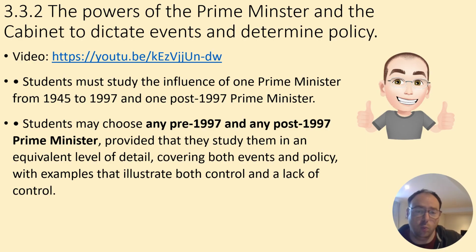pre-97 and one post-97. The problem in the very modern era is quite how short-lived all our prime ministers are, which means that there's probably a little bit less in there. But again, I don't know. If you're using just Blair and Thatcher as examples, there would be a bit of a worry it wasn't completely up to date. So it is worth doing some bang up to date ones.